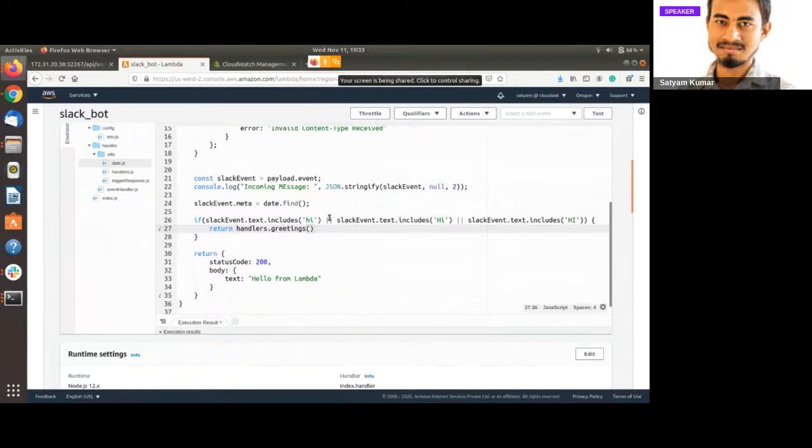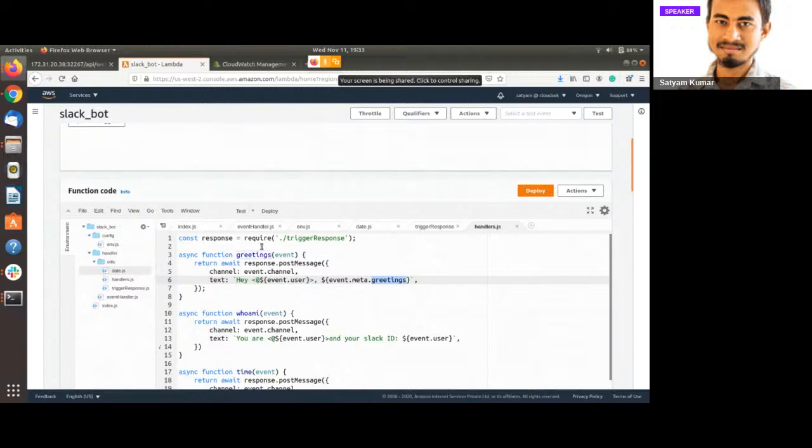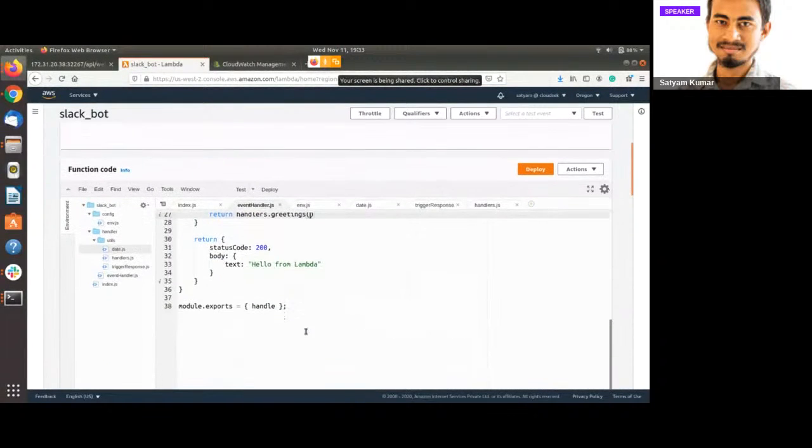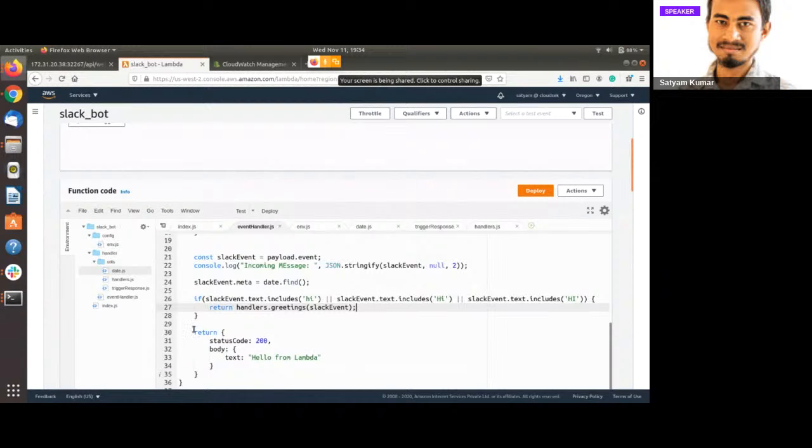We just need to pass the event. So the greetings function requires the event which we have received from Slack. So we will just send the event to the greetings function. Oh, okay, it is not event, it is Slack event, sorry. So yeah, we have passed it and we are just returning it.